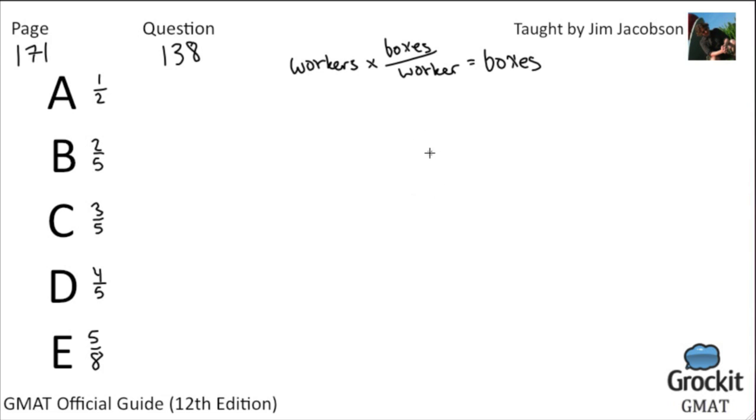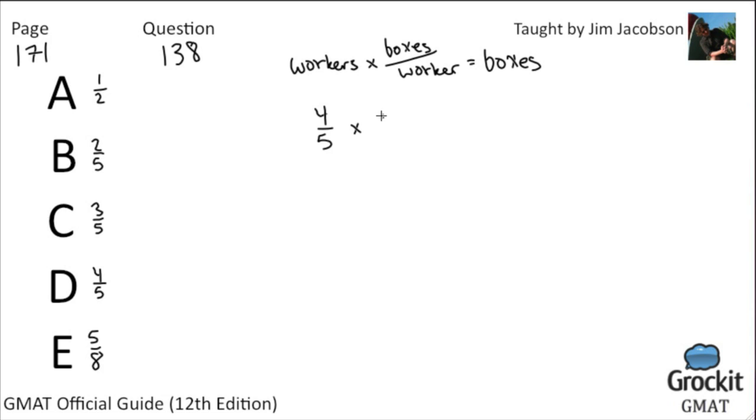And really, the day crew is the standard by which the night crew is compared. So, if the day crew has one worker, which doesn't really work in terms of the numbers, but if the day crew has one worker, the night crew has 4/5 of a worker. So first we want to figure out what the night crew actually is. So they have, according to the question, 4/5 as many workers,